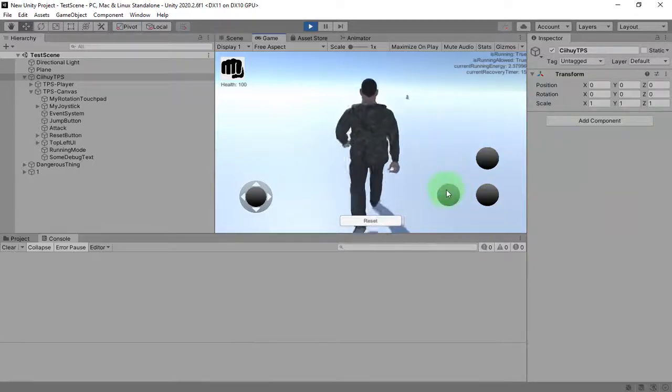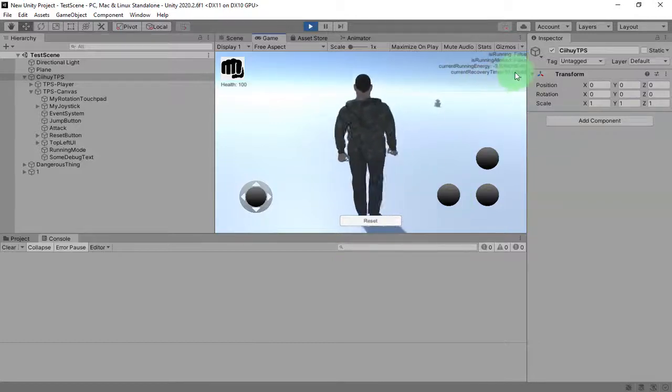You can see I can continue to run after I stop running, and the timer is continuing. Now I cannot run because I'm tired already. I will wait until this timer ends, then I can run again. 3, 2, 1. Now I can run again.